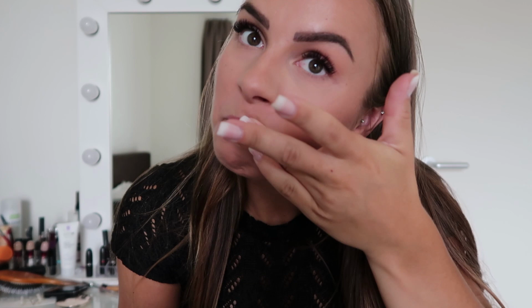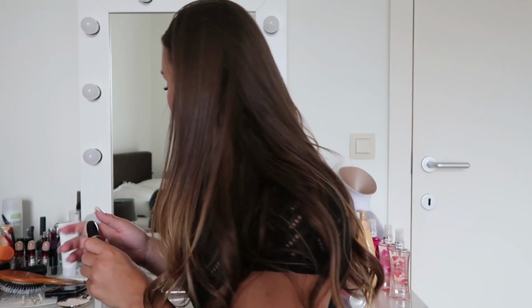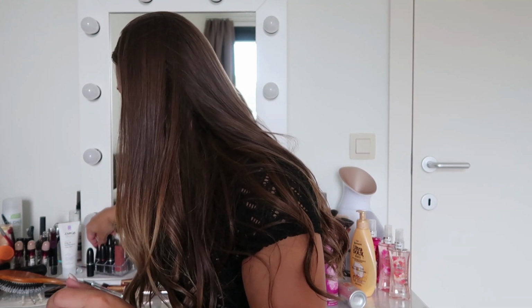Make sure there is no makeup on your lips, and make sure they are not wet as well, because otherwise it won't apply very smooth. So, and then really go, can you see the difference? But then I also use some lip liner to make my lips a little bit thicker,